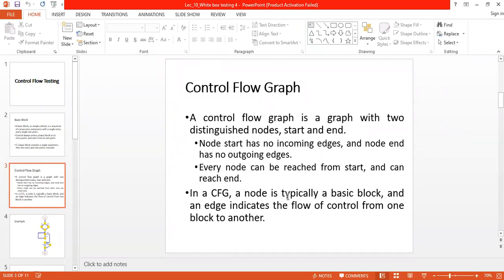And the edges connecting nodes together will indicate how the flow is controlled from one block to another. So I will show you an example, then you can realize, right?